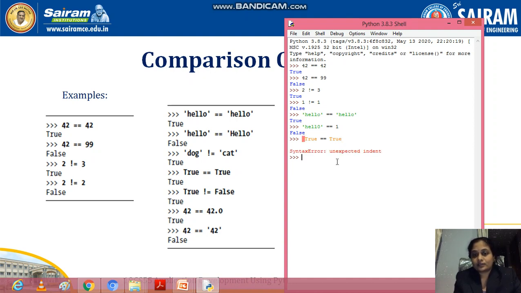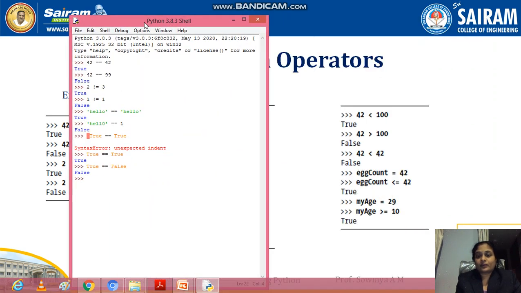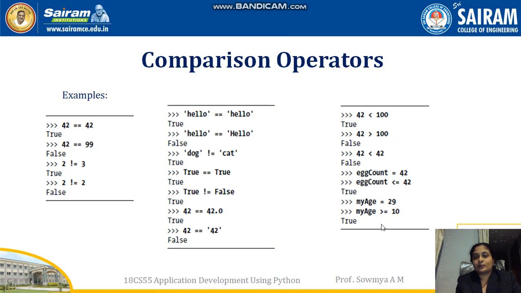It's a syntax error because I used a lowercase letter. Capital True is equal to True, enter, it shows True. True is equal to False shows False. In the same way we have greater than and less than symbols also in comparison operators.